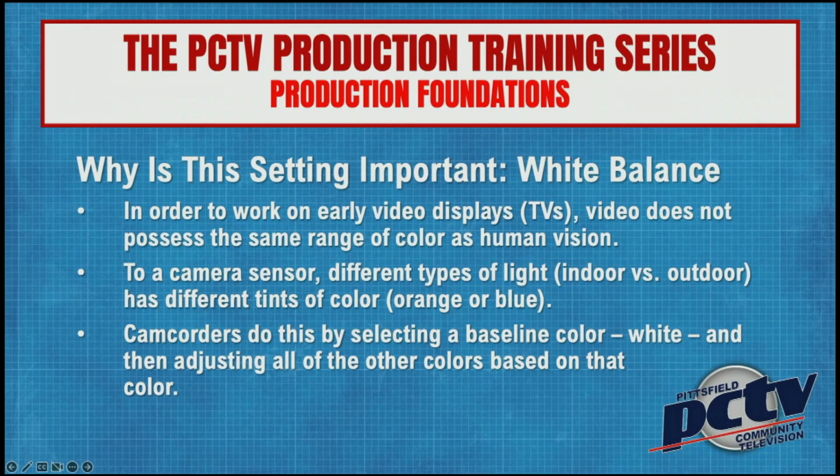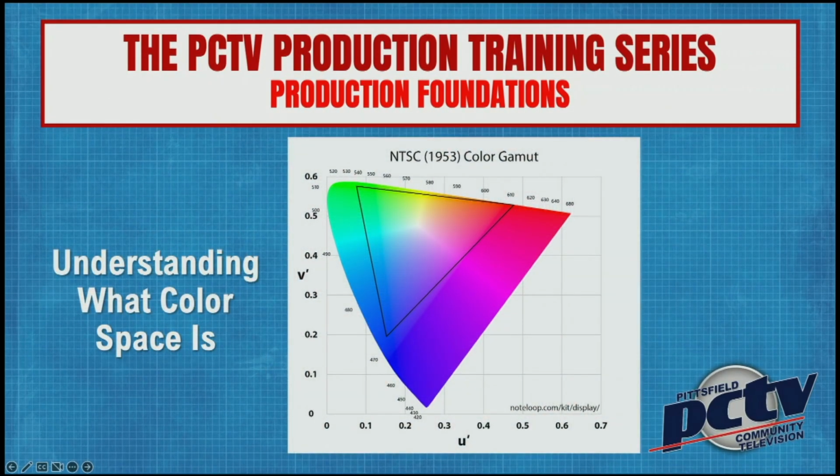To illustrate this, I have an image of what's called a color gamut. So it's a display of what human vision is capable of. That's what the big sort of swooshy triangle is. And then there's a black sort of cutout triangle in the middle. That black cutout triangle is the color range that a